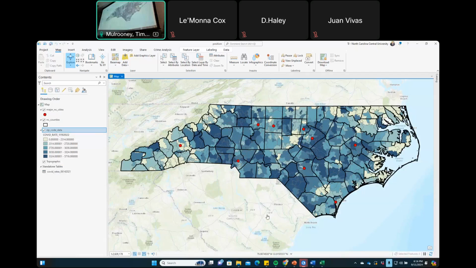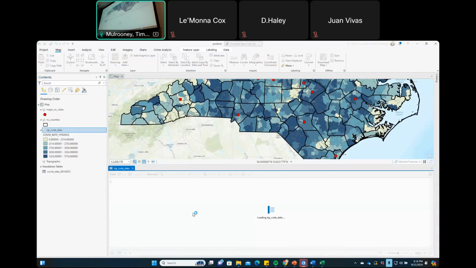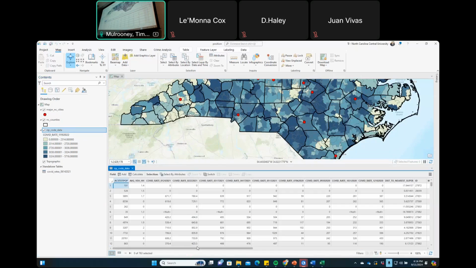If we right mouse click and open the attribute table, you can see everything that I've started collecting at this scale. I don't have too many fields showing, but you can see that I've unchecked a lot of the fields, because this thing has about 100 fields. I've got Republican, Democrat, the research I've done with voting patterns, which utilizes this data set.